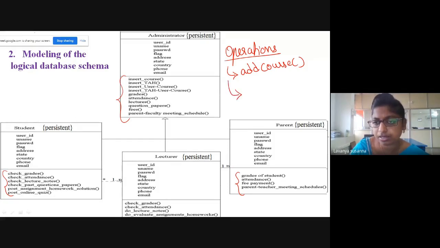No need to memorize all these things. Add course. Just know what the administrator can do, and write down the operation. Next, delete course. These are the operations. Next, what can he do? He can delete the attendance also. Delete attendance.